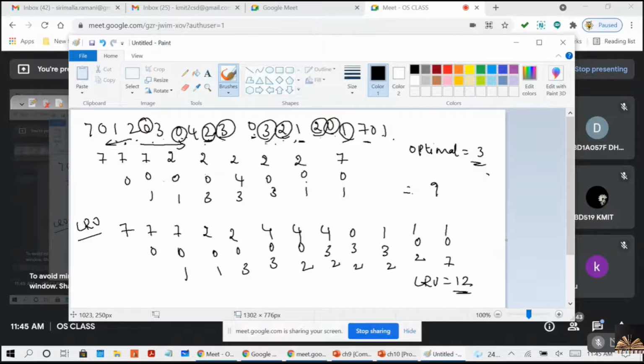So now we have another approach that is called counting based page replacement. Here we are not going to solve problems. We have only 3 problems to be solved. But here in the count based page replacement, we will be making use of two methods now. One is least frequently used, the other is most frequently used, right?